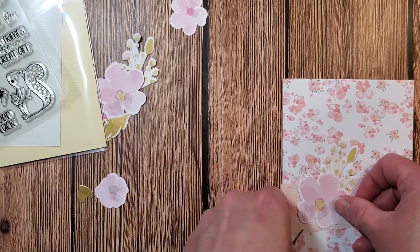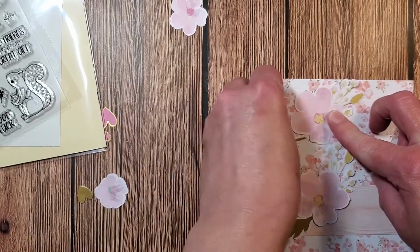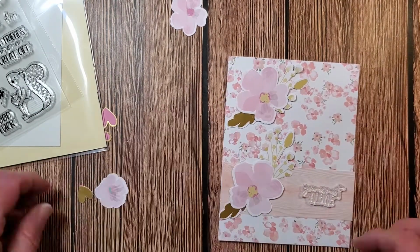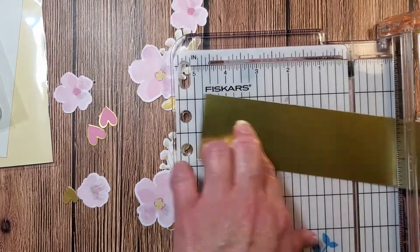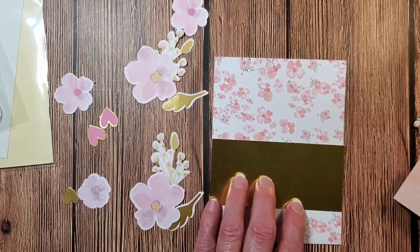Now for these flowers I wanted to arrange them so that there would be a little bit more interest, so I turned one way and the other way later on. Right now they go the same direction and I think it looks better to switch them around, and you'll see that in a moment. But first I kind of had the idea to add this gold sheet, trim it up and just add that as a mat for that beautiful peach color,